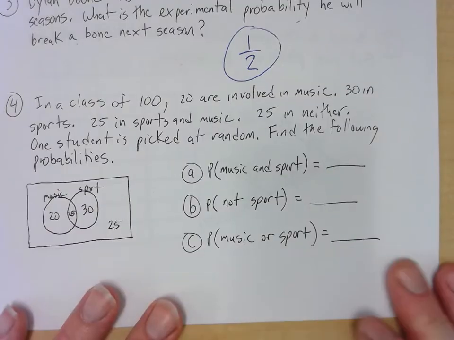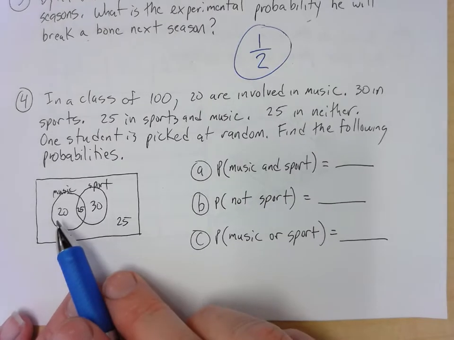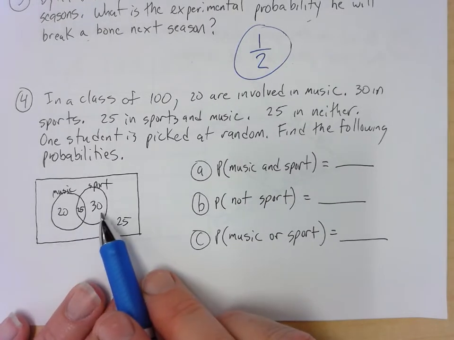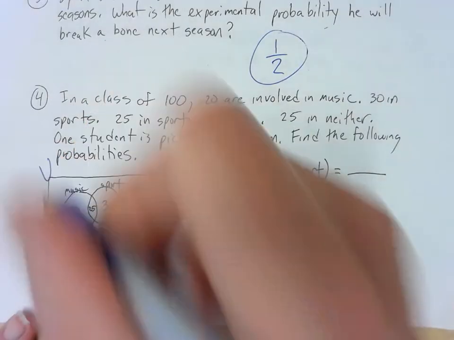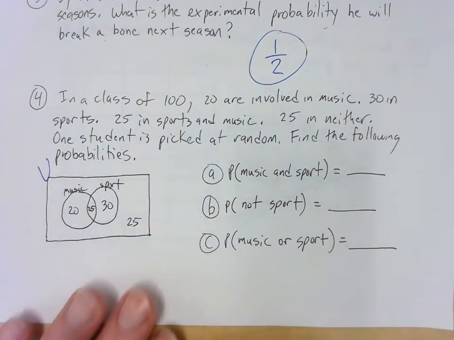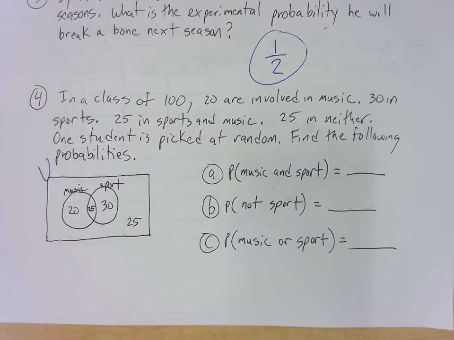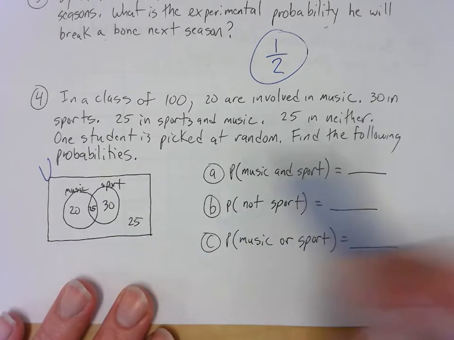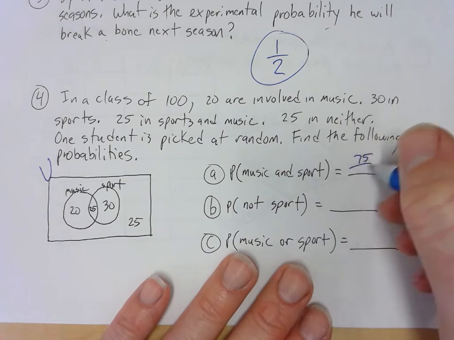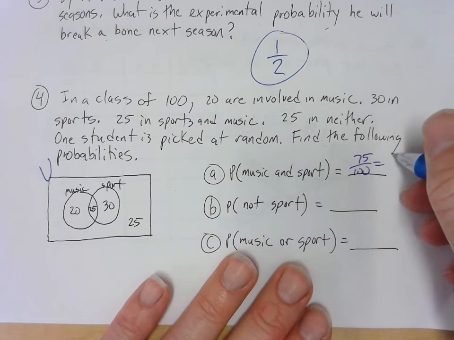We have 100 people in a class, 20 are involved in music, 30 involved in sports, 25 in each, and then 25 in neither. So this is the whole universe. It holds everybody, all 100. And then we have music and sports, so all these people are music and sport, or not 25, so it'd be 75 out of 100, which is